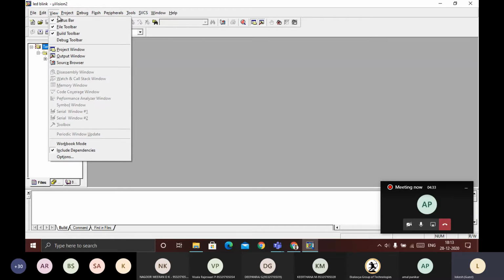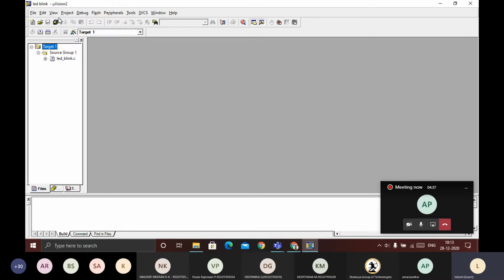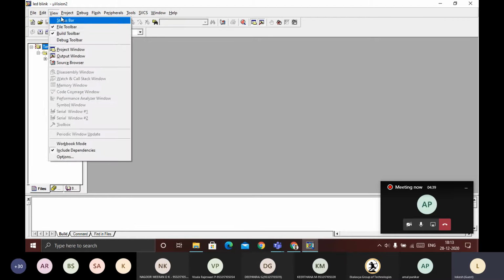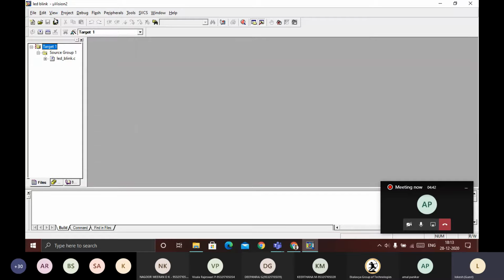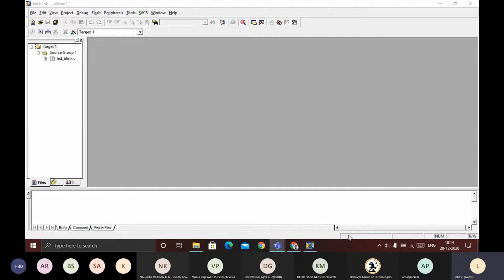Next, this will give the view. So you can see here, if I remove this one, the status bar is gone. So this is the status bar we are having. This last thing which is showing here is called the status bar.